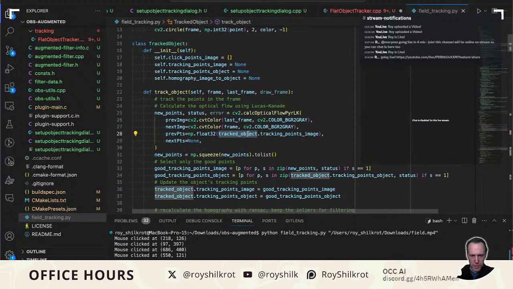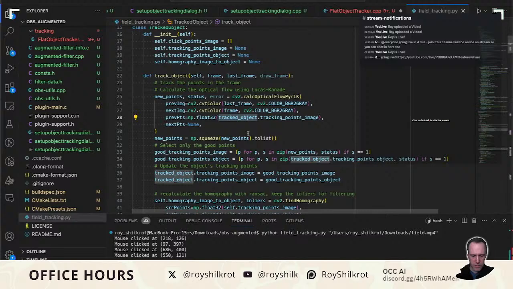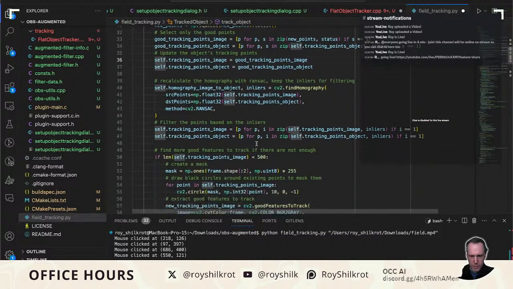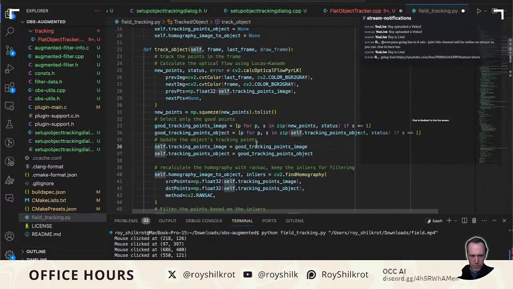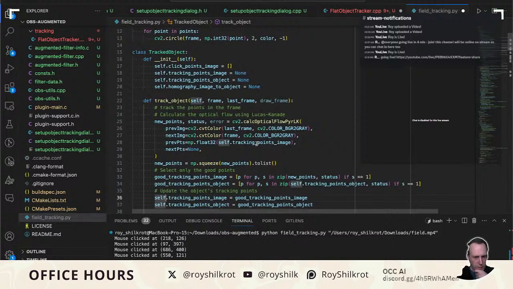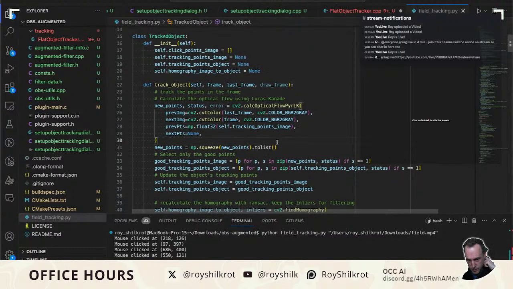Who's tracked object? It's got to be self. It's tracked object. It's weird stuff. Okay. That's good. How did this thing even work like that? But okay. You know, who knows? And